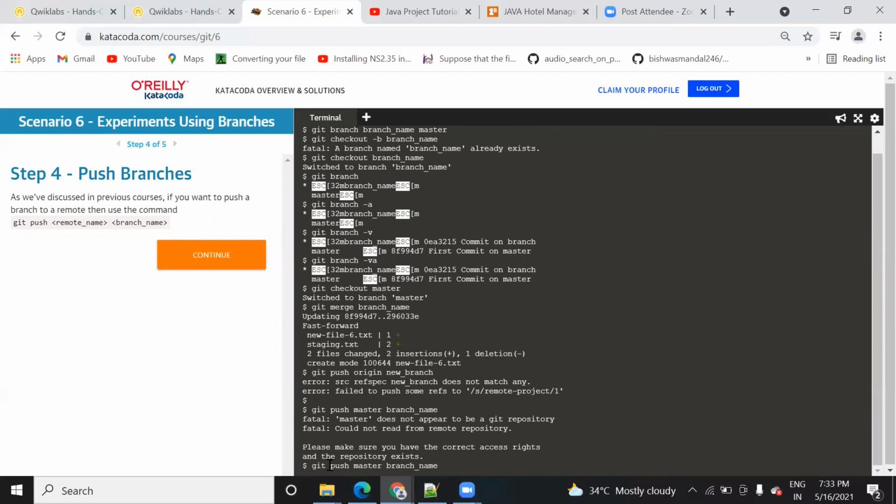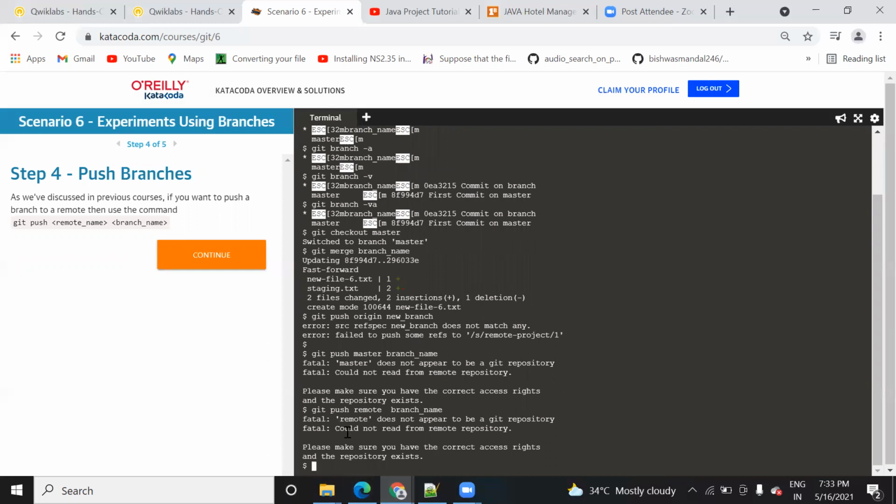The actual command is, we need to remove the master. So here actually we are running on the server and there is no remote file already available. That is the reason it was giving an error. Are you getting what I'm trying to say here? The reason is that in this server there is no remote file currently available. That is the reason when I'm trying to give any remote name, it's giving an error.